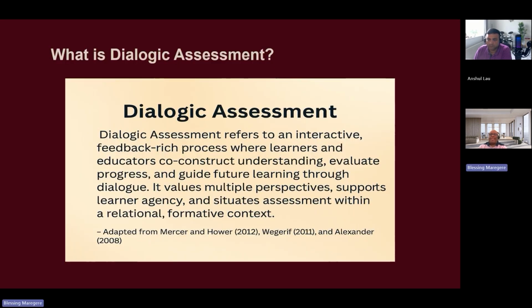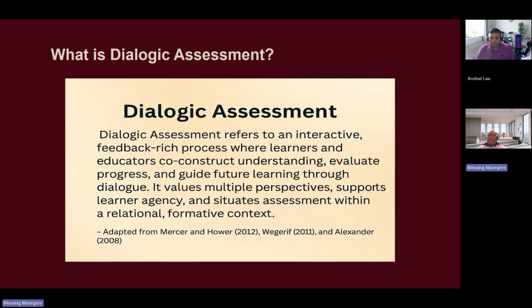Okay, so what is dialogic assessment? So the whole idea of dialogic assessment is being able to shift us from that culture of submit an assignment and forget about it into more of a model that prioritizes and values interaction and process. So it's not just about the end product. As educators, we need to understand the journey that our learners have gone through. How did they get to that decision? Why did they use certain theories and concepts in their work?